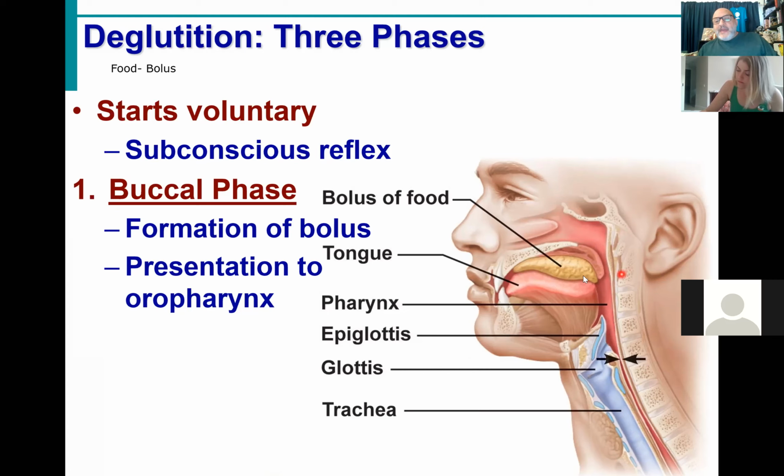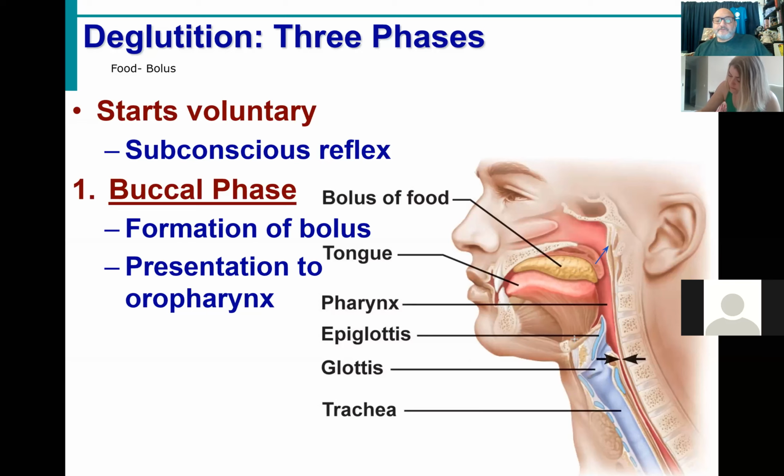And when we present this bolus towards the posterior part of the oral cavity to the oral pharynx, basically two things are going to occur. We see the beginning of that process here. Notice the first thing that happens is that soft palate, that uvula that we talked about, is going to be pushed up. And when it is pushed up, it closes off the nasopharynx to stop the food from going into the nasal cavity. We want to make sure we're directing it into the